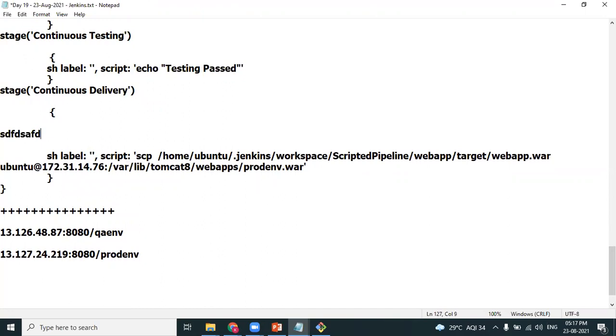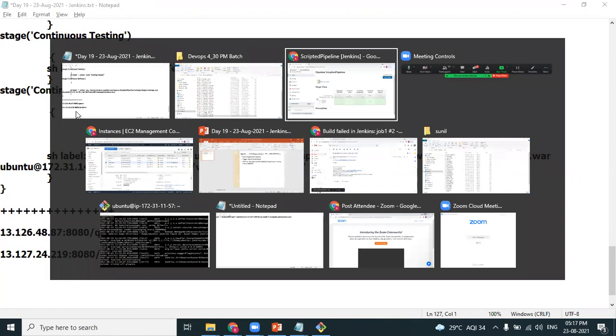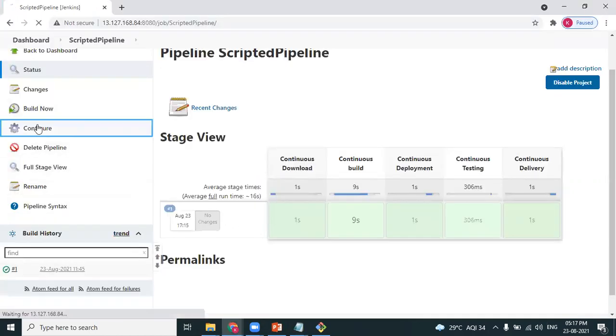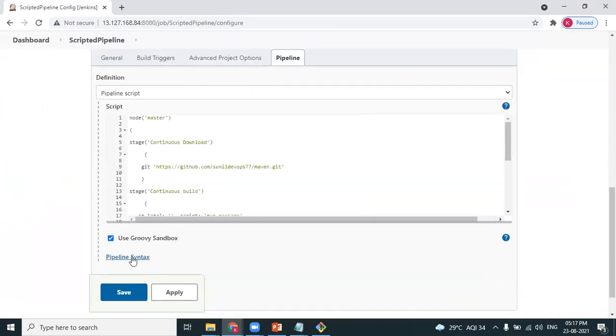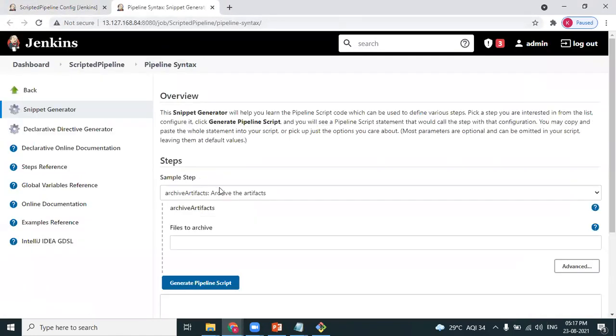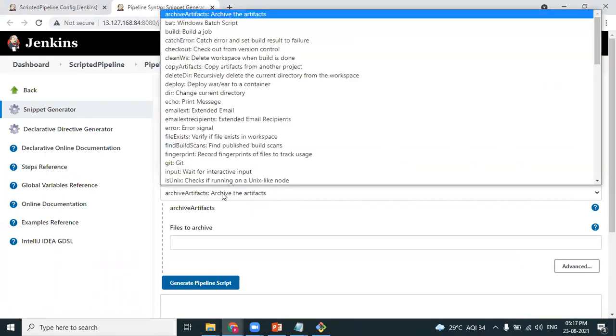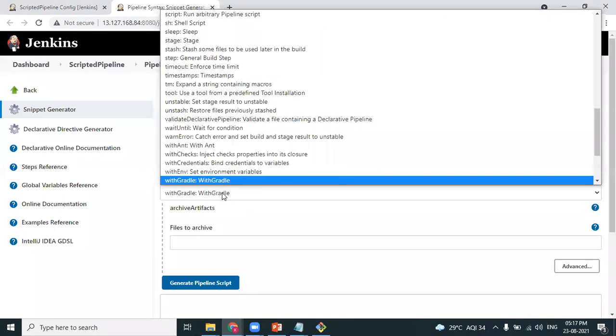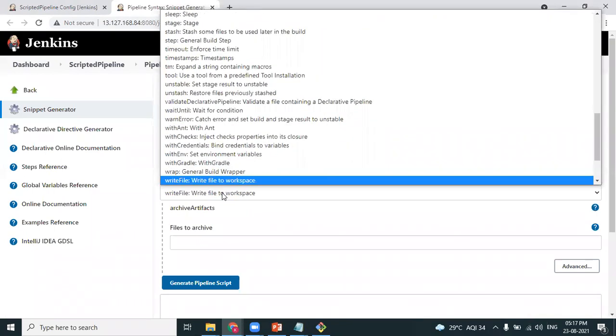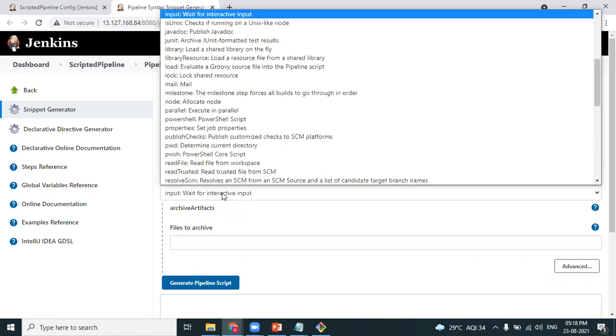So in stage 5, that is in delivery, go to your job, go to configure the job. Pipeline tab, here we are using the code and we have a snippet generator here. I hope you know that. There is an option here, wait for the interactive input.